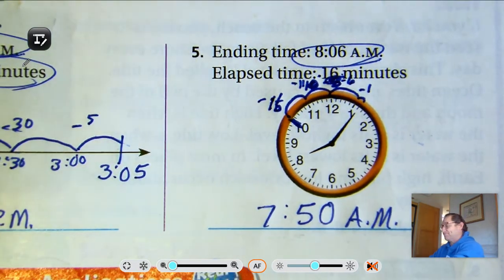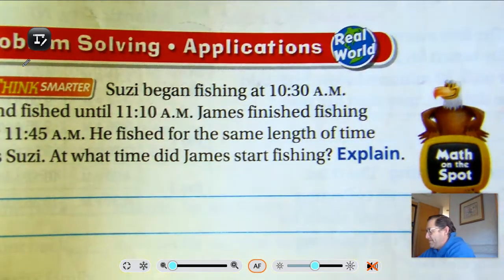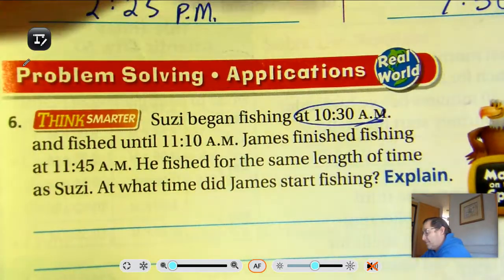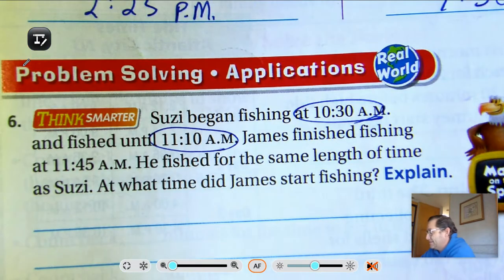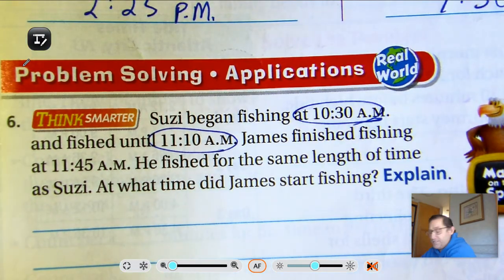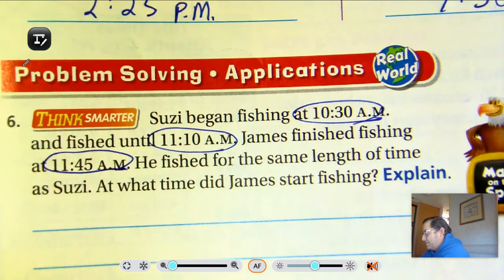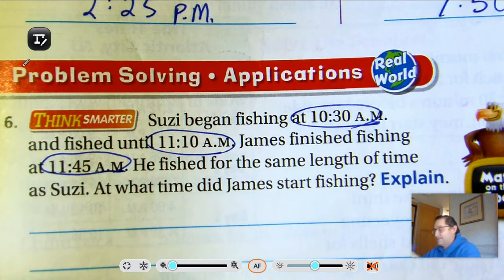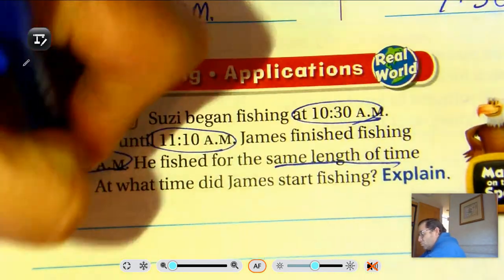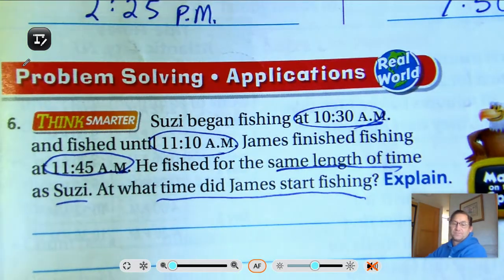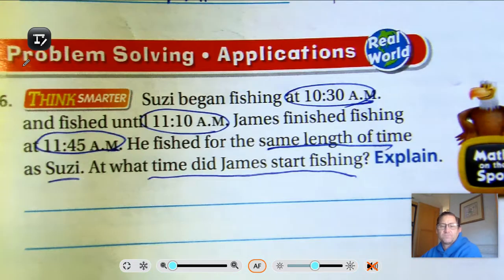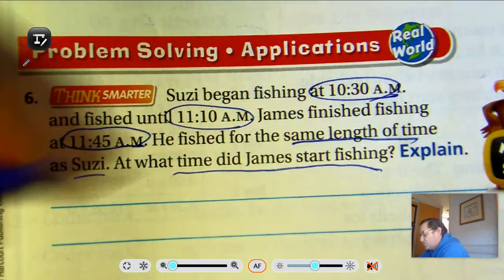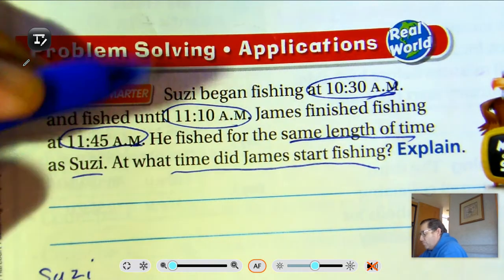Now number 6. Susie began fishing at 10:30 a.m. and fished until 11:10. James finished fishing at 11:45 a.m. He fished for the same length of time as Susie. What time did James start fishing? Okay, well, this is a fairly straightforward problem. So Susie, we know she started